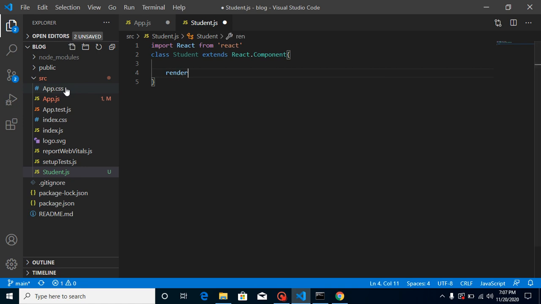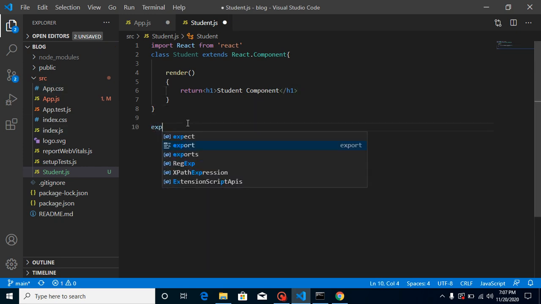And we can simply use a render method here, and inside render let's return an h1 tag, right? And write here "Student component", and now we can export default our Student component.